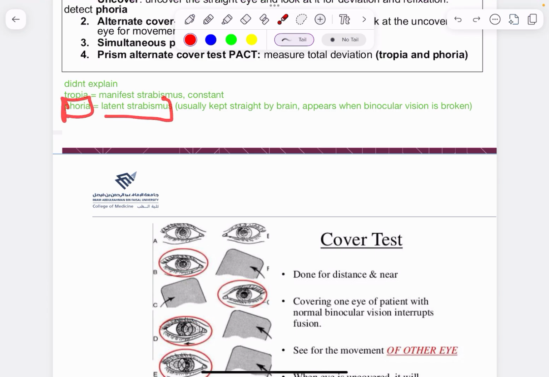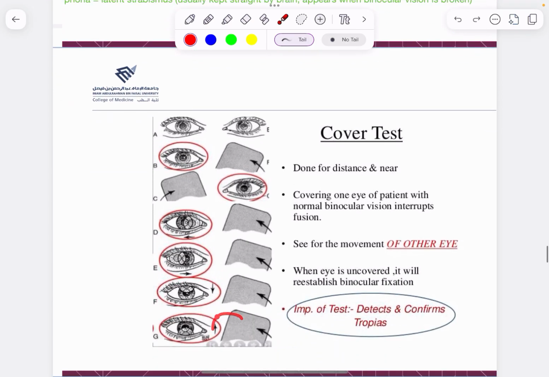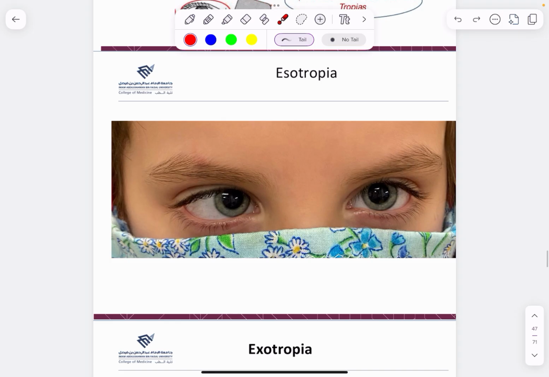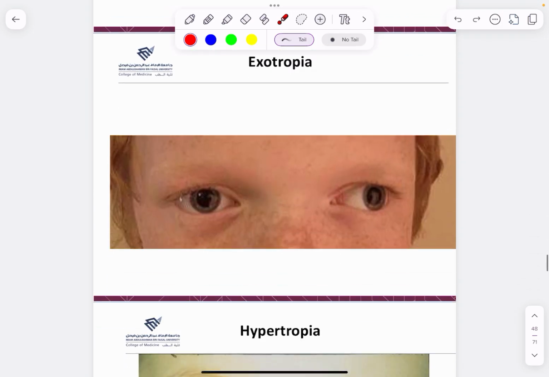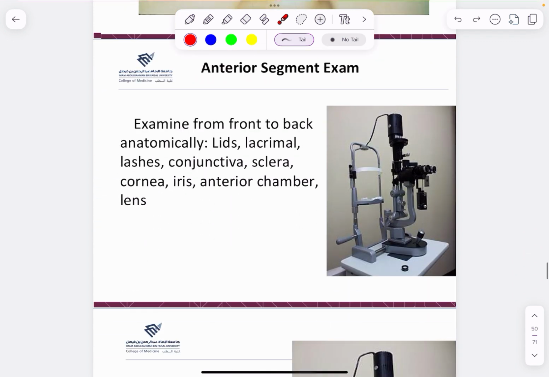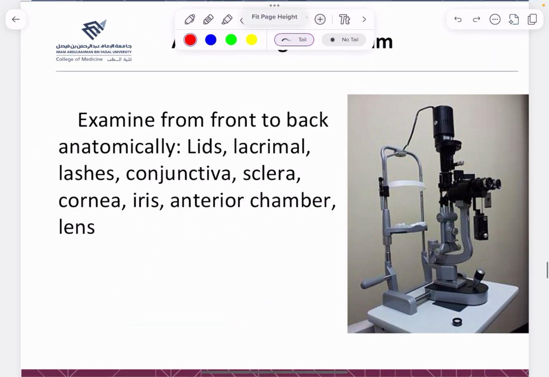This is a latent strabismus, and it's only going to show when you break the binocular vision, which is why we cover the eye. But this is esotropia, this is exotropia, and we have hypertropia where it deviates upwards. As for the anterior segment exam, you want to examine all the structures of the eye from front to back, which are the lids,